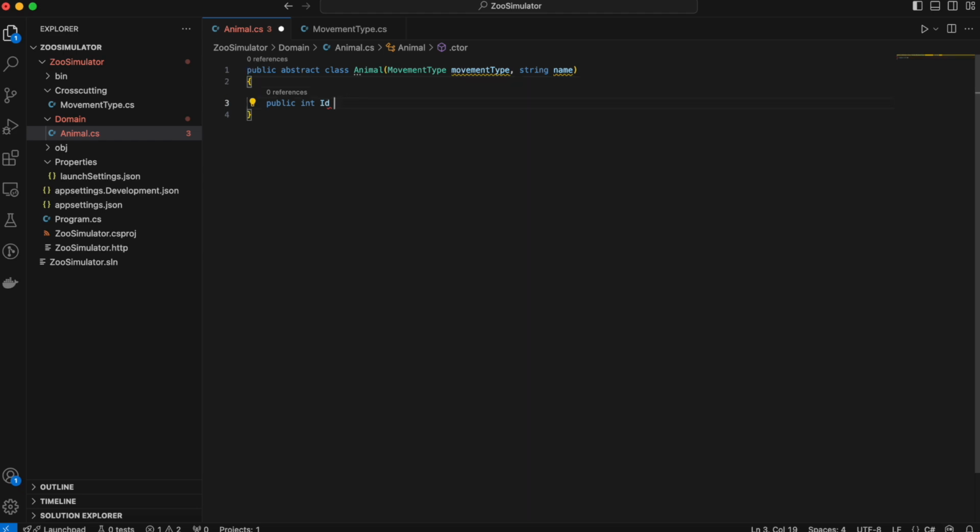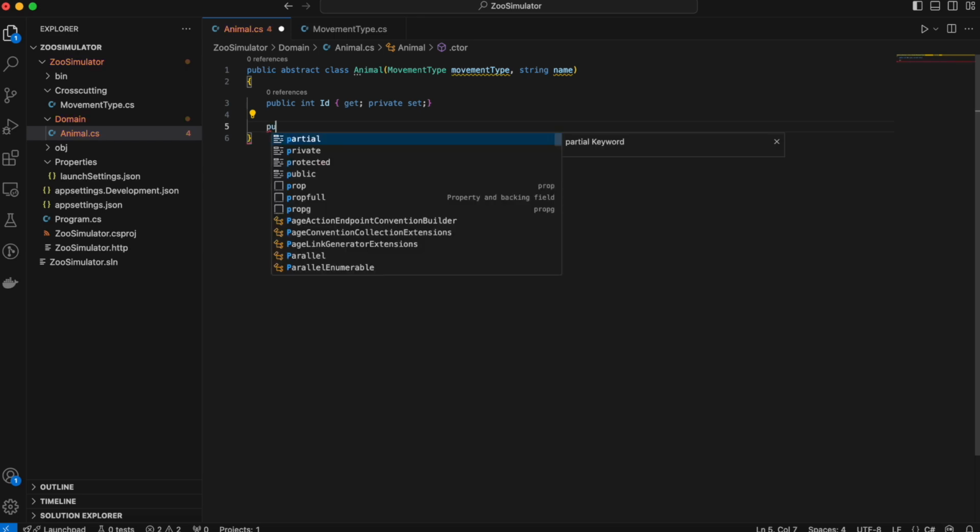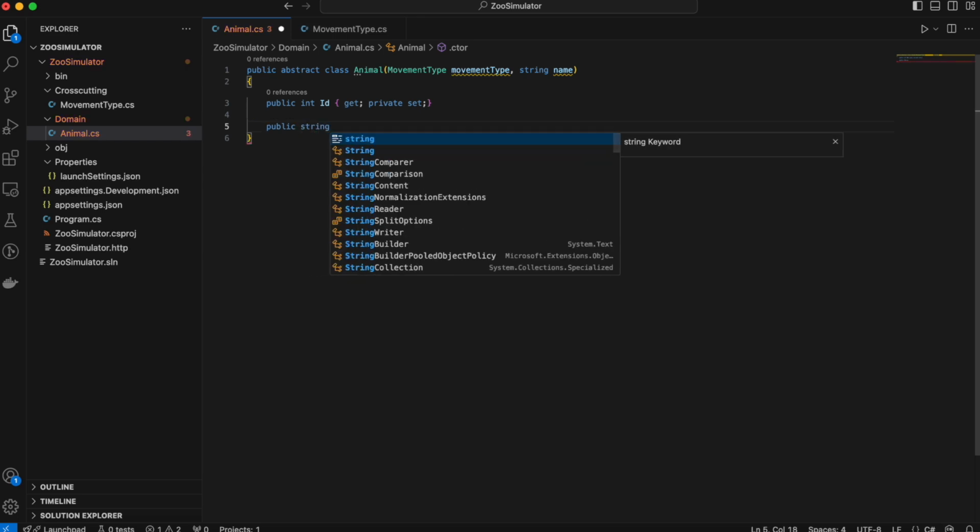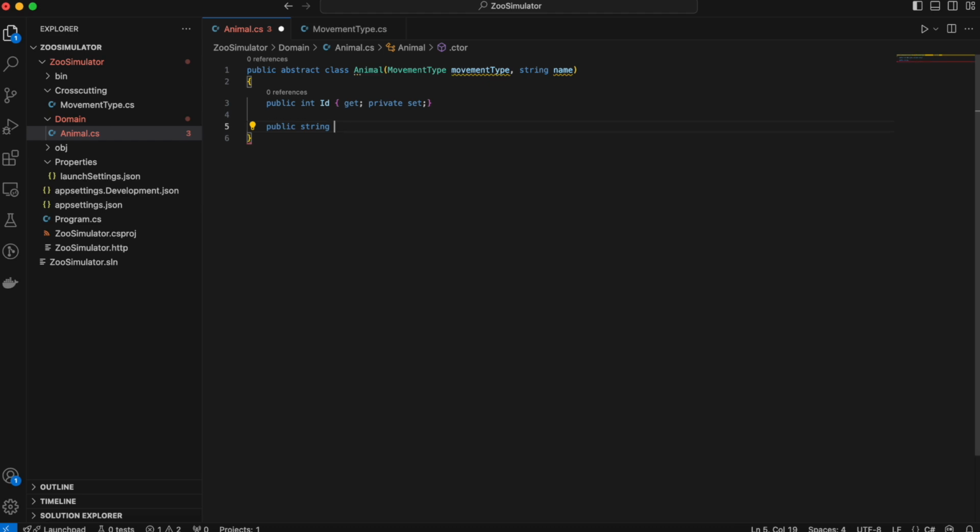So let's declare the ID. We will put a get. This means that we will have a public method so that we can access the ID outside of the class. And since we don't want the ID to change outside the class, let's set it to private. Then we will have a name that will be a string since it contains text. But